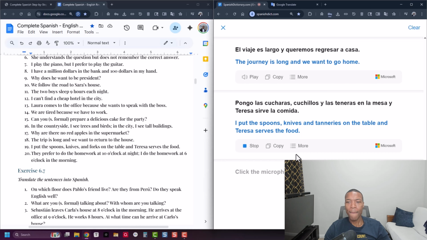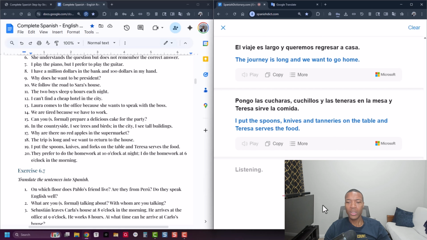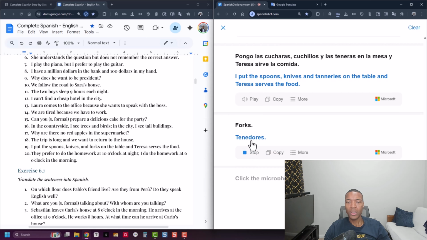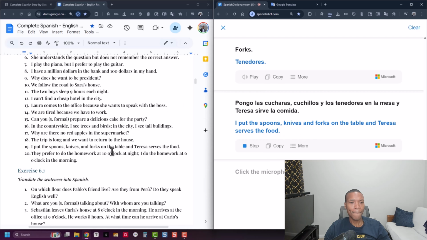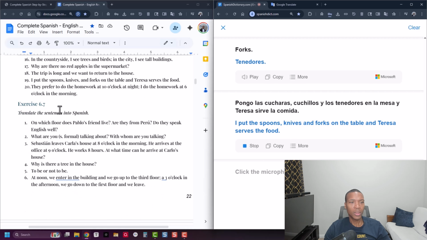I put the spoons, knives, and tablets on the table and Teresa serves the food. Forks, tenedores. I put the spoons, knives, and forks on the table and Teresa serves the food.